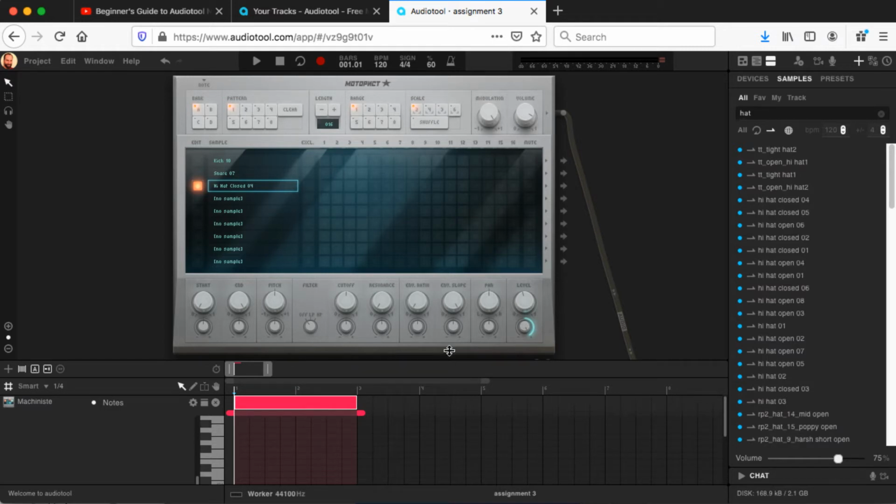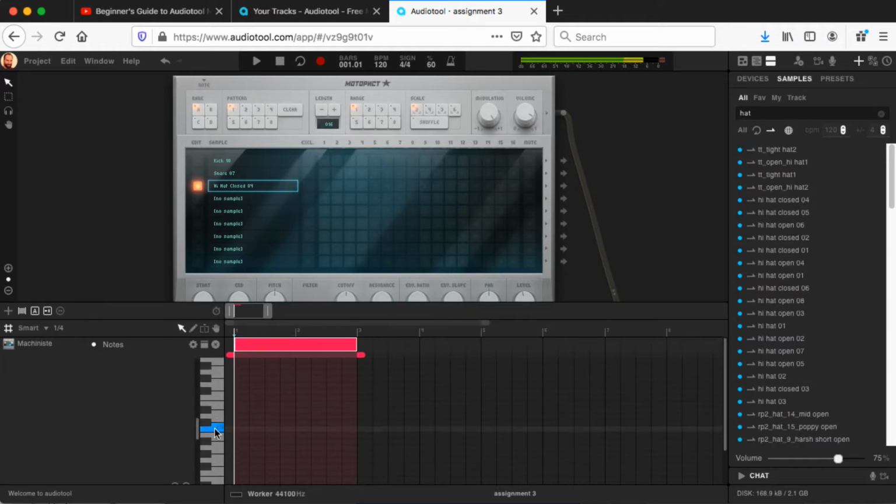So let's start by getting our standard drum pattern in here. Kick, snare, kick, snare. This is the same thing that we did before. And then hat, hat, hat. Okay, so